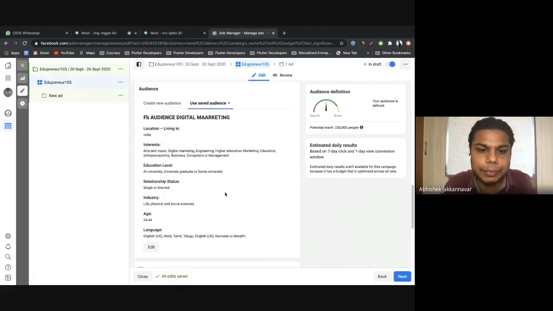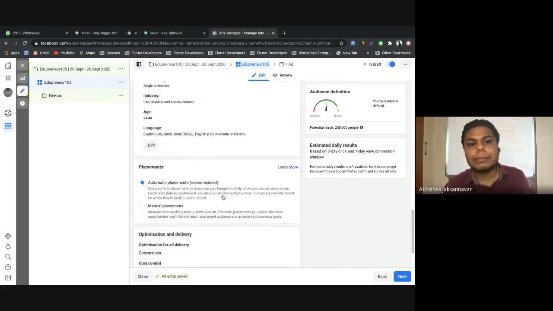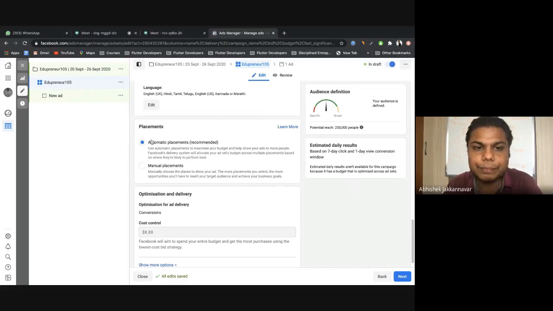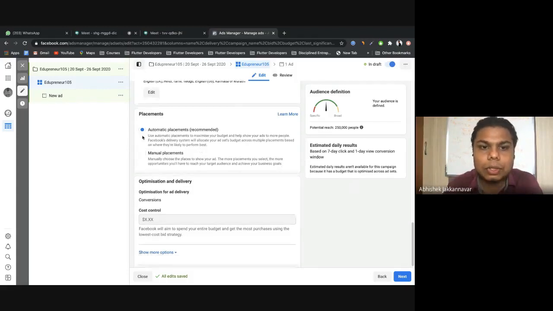So that is how it works. Now let's go down. When we talk about the placement stuff, make sure it is automatic placement, because Facebook automatically decides where all your ads should be placed. Maybe while playing a video, you get an ad, or in Messenger, in the feed. While scrolling on Instagram, if your target audience is on Instagram, they show it automatically there as well. So always choose automatic, and not manual. So we're done with that. Then we click on next.